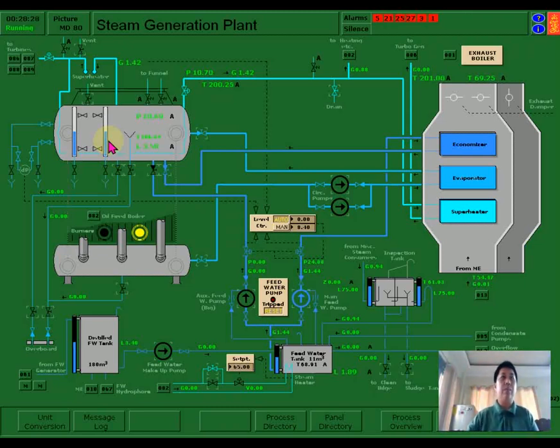When the water level of the boiler is normal, you can see only here the pressure is increasing and decreasing. So that is the automatic feed water control in this system. When the feed water becomes low, supposedly the pump starts.